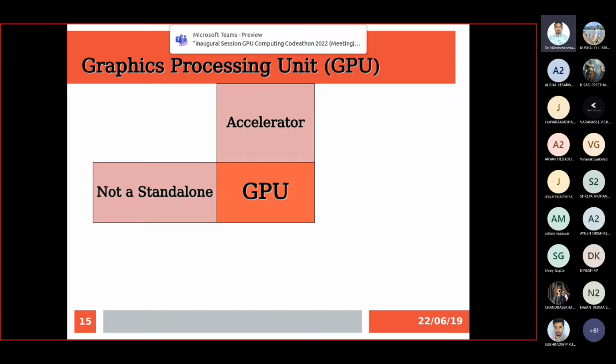Because GPU is a very powerful computing resource, and normal tasks like editing your MS Word file, listening to music, or browsing the internet don't need huge computing power. Even this can be catered to by your normal CPU, right? For that reason, we use a CPU plus GPU architecture, which is called a heterogeneous architecture. Whenever simple applications are there that can be handled by the CPU, they are directly allocated to the CPU.